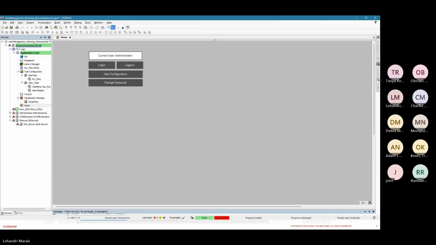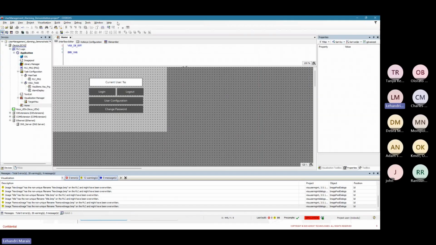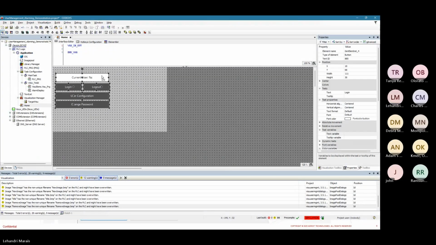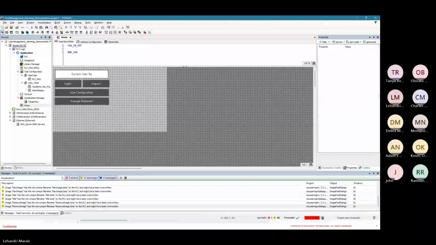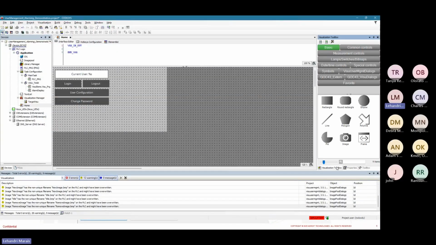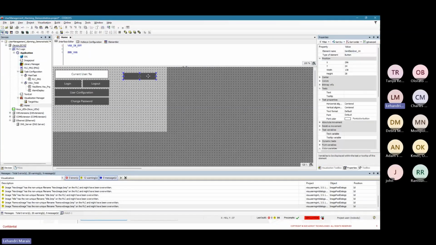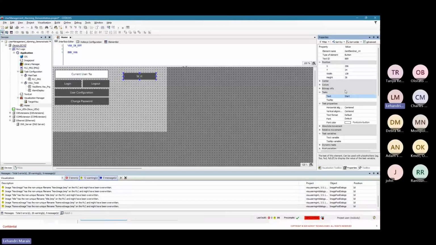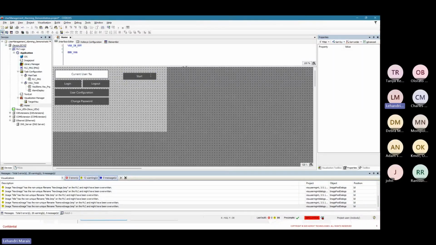Now, I set up the actions, so the login, log out, user configuration, and change password actions for my user management. But now we can apply this to a visualization object. So as an example, I'll be using, let's say this is a start button for something, and if I want to add